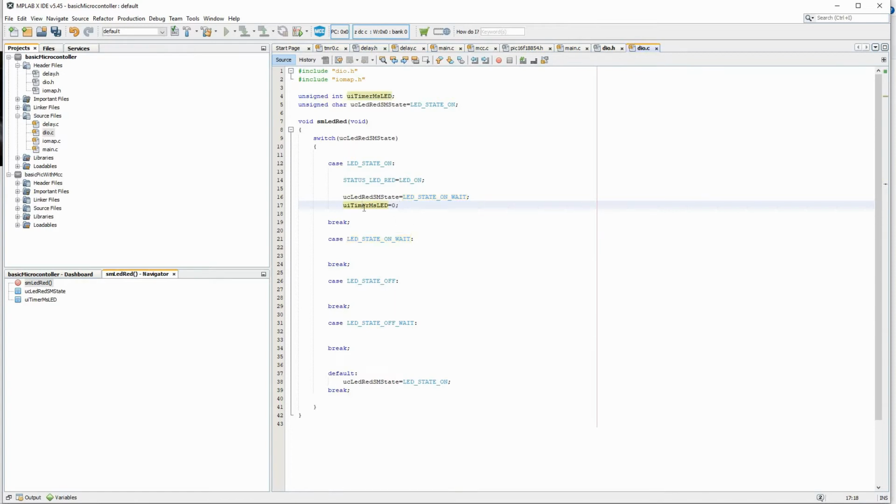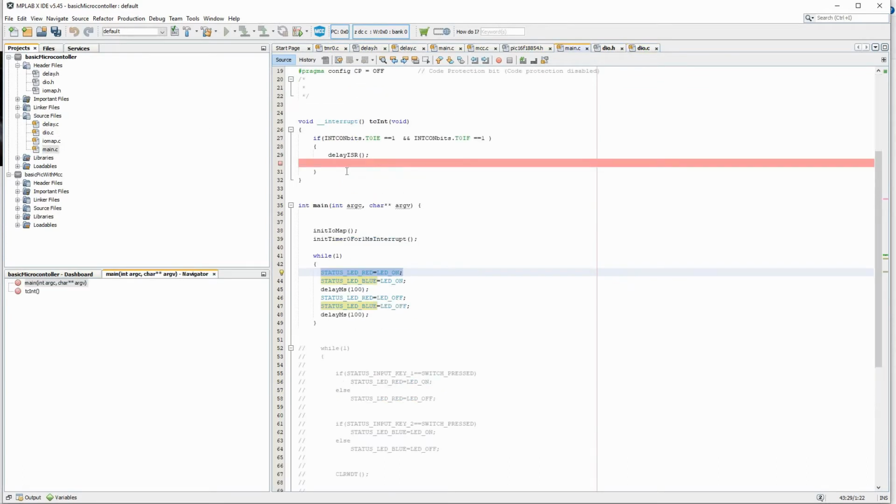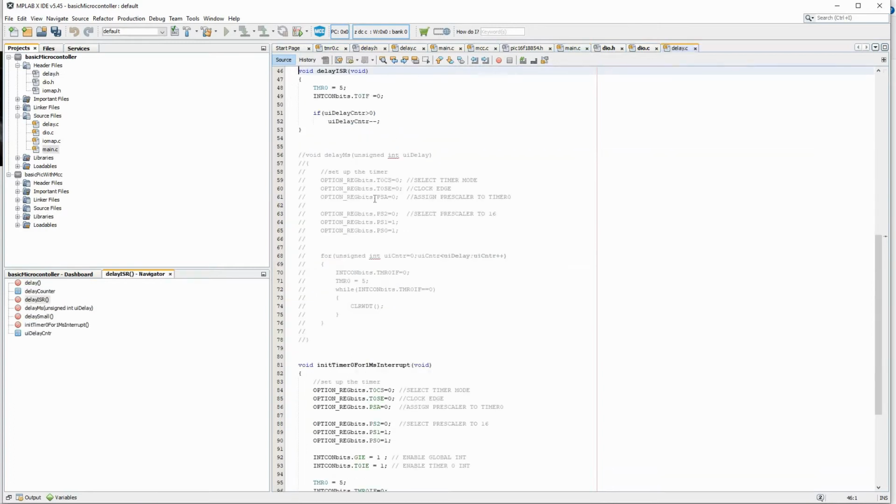Okay, so now I have made the timer 0. So now in the ISR, let me see where I have written the ISR. If you go to main, delay ISR.